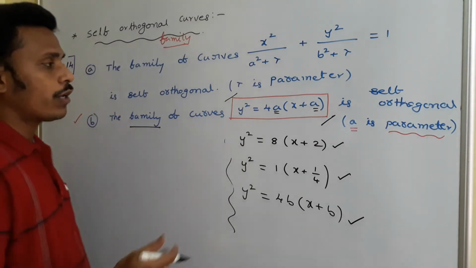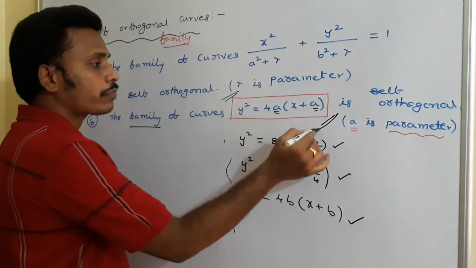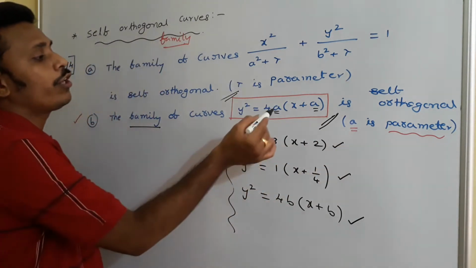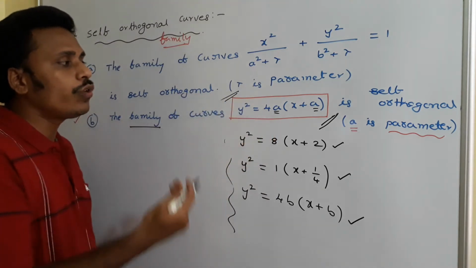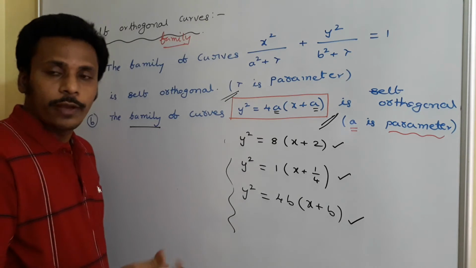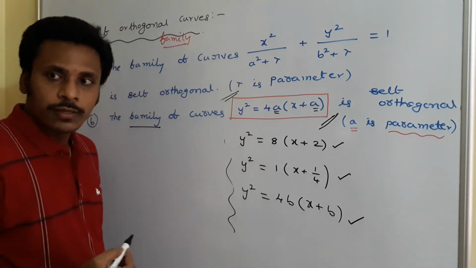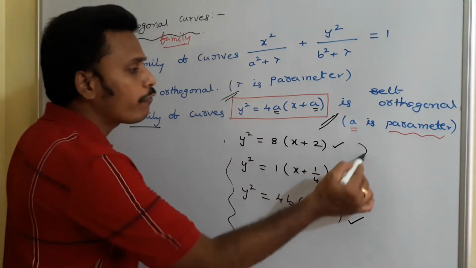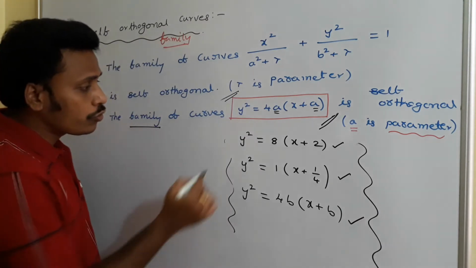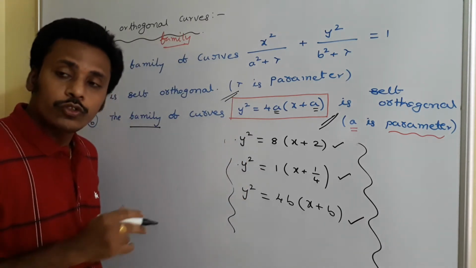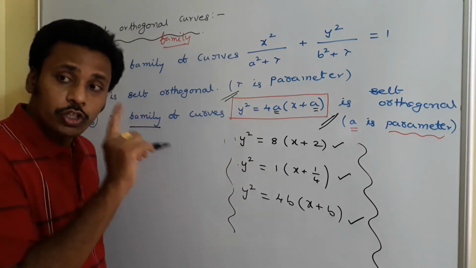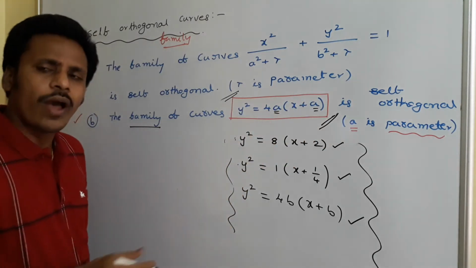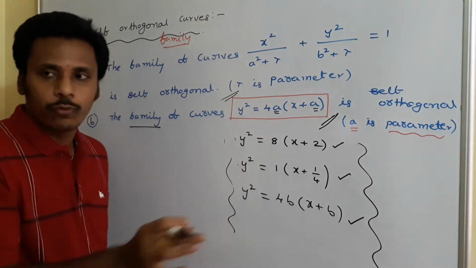Basically family of curves means we have one equation, and in that equation there is an unknown constant, we call it a parameter. If you replace that unknown constant with different numbers, you may get many curve equations, and all these curve equations are orthogonal to one another. Here I have an infinite number of curves, right? Suppose you take the first equation and second equation, and try to calculate the angle between these two. For sure the angle is 90 degrees, because the question is saying that this is self-orthogonal. Now I am going to prove that. How it is self-orthogonal, I am going to prove.